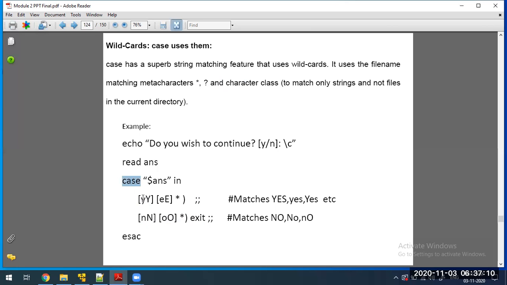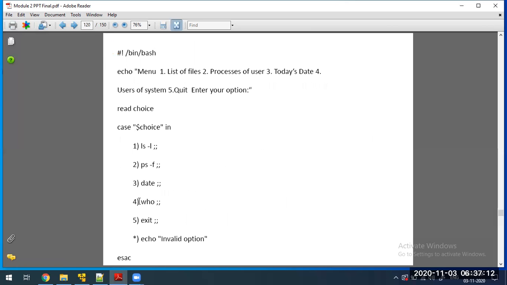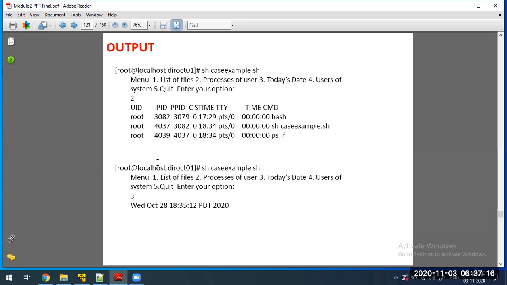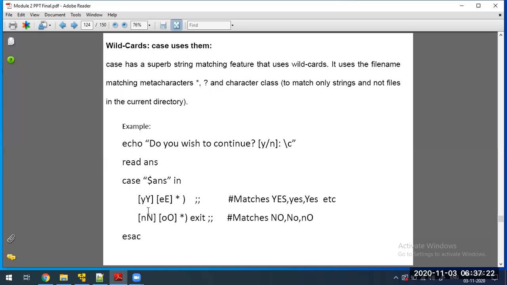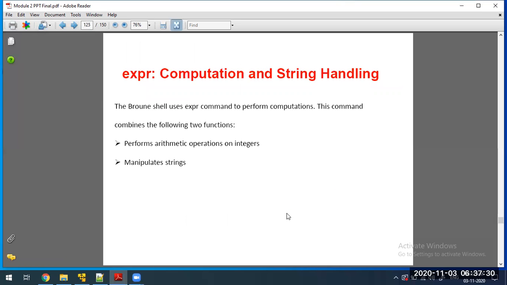Remember, in the case you can use a single pattern, numbers, string, or you can use multiple patterns, or you can use the wildcards. That example is this one. The next thing is